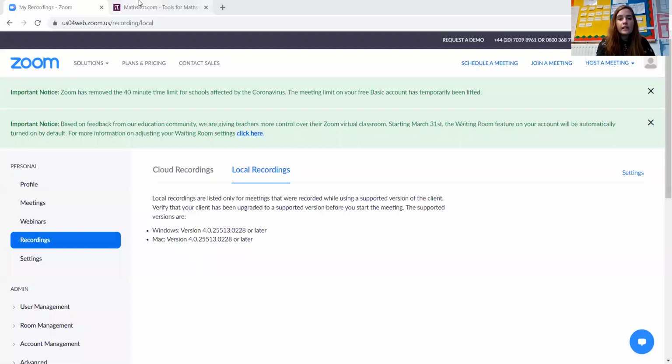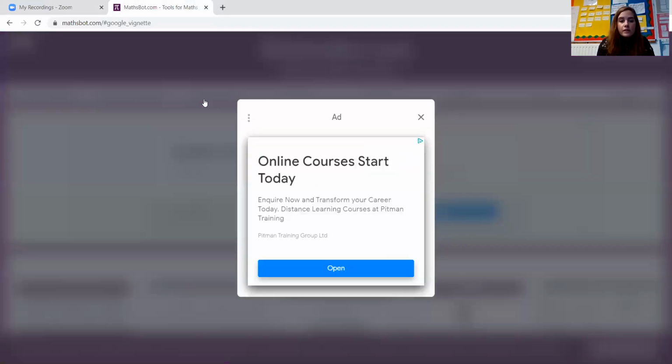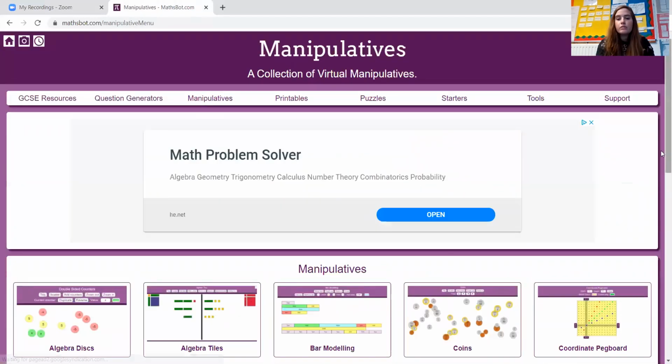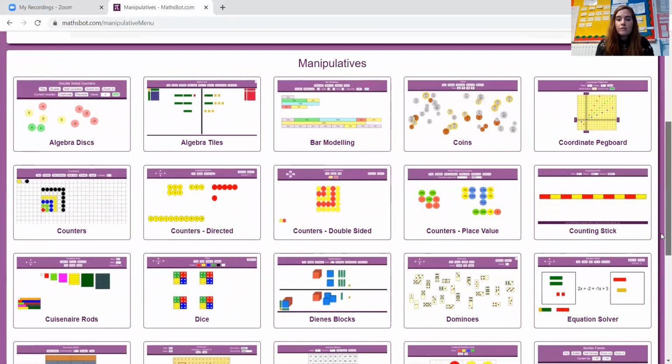It's really excellent. So I'm going to try and share my screen with you. Hopefully you can all see this. I want to share this one with you. And this is called mathsbot.com. And if you go to this tab here, which is our manipulatives, we'll cross out of the ad, and if we scroll down, you'll be able to see lots of different things,